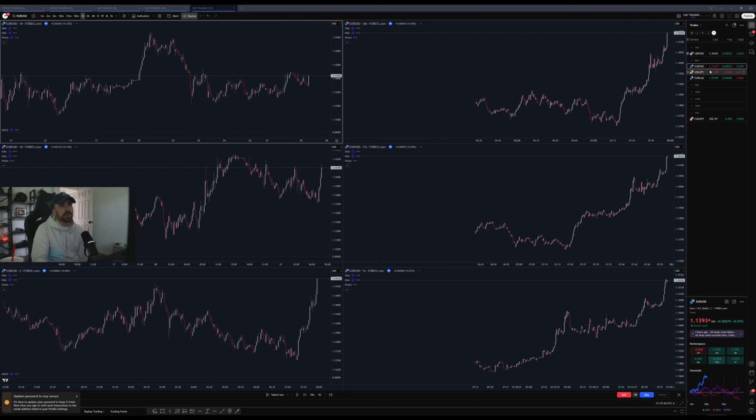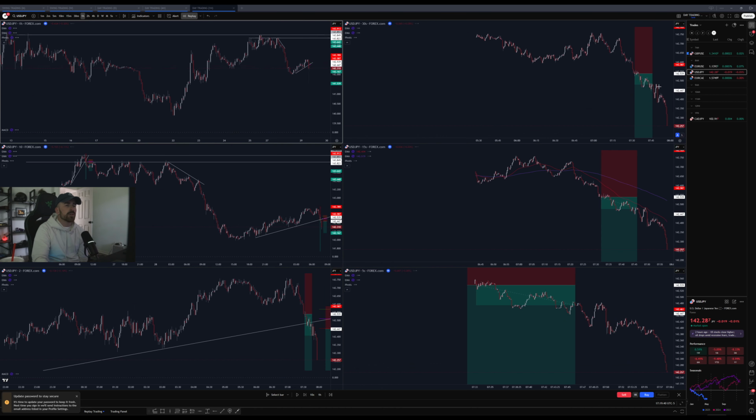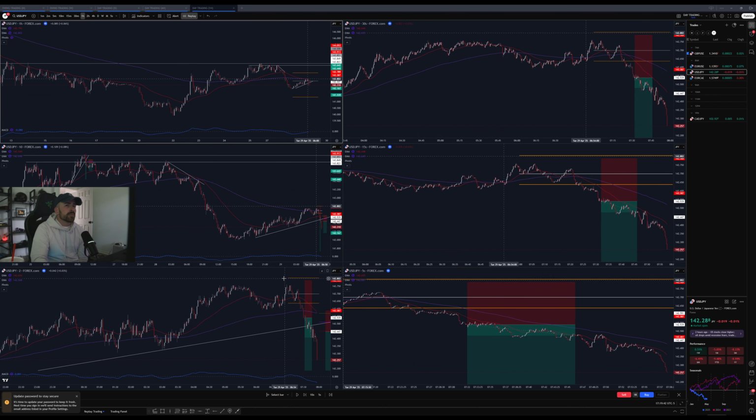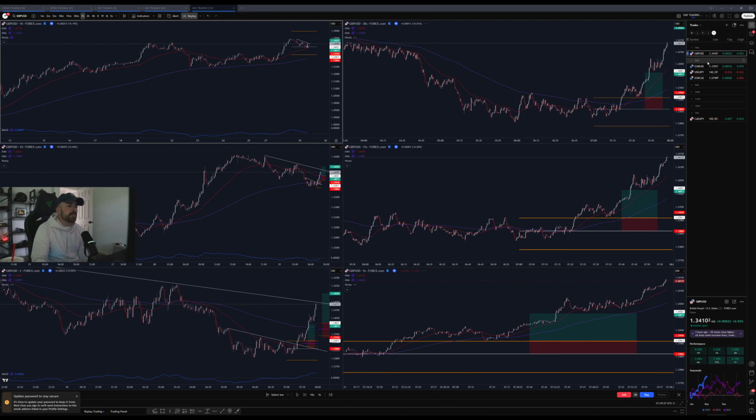Granted, on these other dollar pairs, like dollar yen, for instance, I had a short bias. So a dollar weakness essentially is what I've been looking at with everything else I had on watch that was dollar based. I was looking at it from the eyes of a dollar weakness. So that dollar weakness play wouldn't really play into shorting pound dollar like I'd like to, because to short pound dollar, pound needs to weaken essentially.